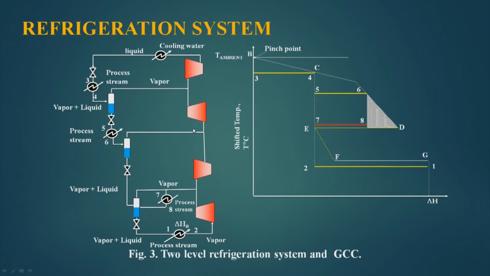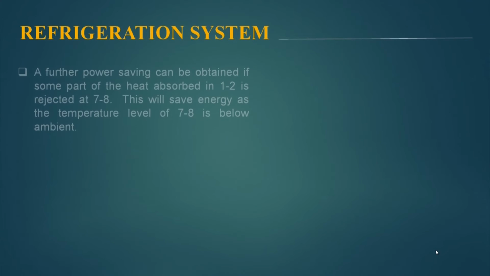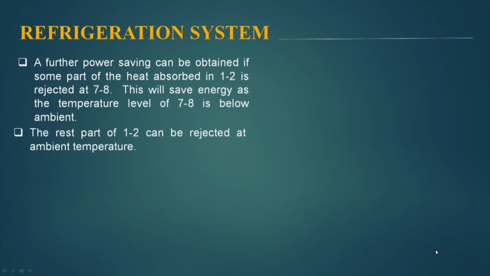And then the vapor goes here, the liquid comes here, it is further expanded to a lower temperature and goes here. This is separated, and then it is further expanded, and a lower temperature is created here 2 to 1. So, this is how the system works. So, by creating more temperature cooling levels, we can save further energy, but the design becomes more complicated.